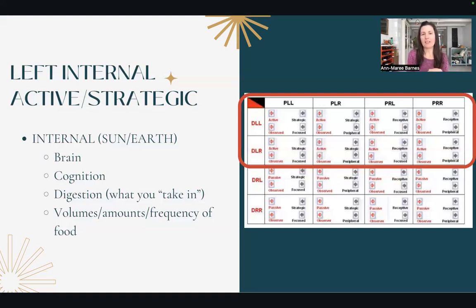So the interesting point about this is that if you can imagine a brain that's really, really busy, that brain is going to burn through a lot of calories. That brain has got a high metabolic demand. That brain needs a lot of fuel, and it needs regular fuel. And this is really, really important, and something that I recognize in my own journey with fasting, for example, another area out there that's quite homogenized in the health and wellness space. Fasting is really good for everybody. And there's, of course, different types of fasting. There's lots of benefits within different fasting regimes. But if you have a left active brain,